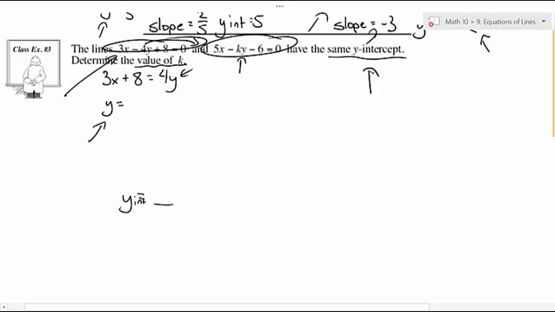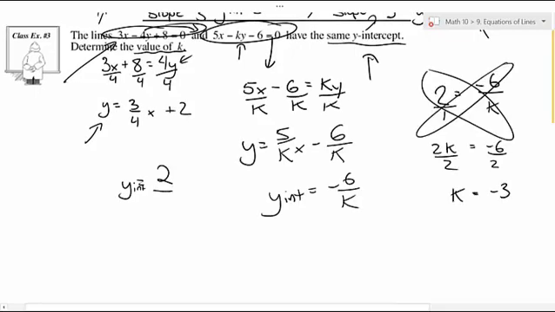Then you're going to take this equation, and you're going to also put this in the form of y equals mx plus b, but you're going to have a k in it, and then you'll be able to find out what k equals. Why don't you give that a go right now? Press pause. We're back, and the first thing that you needed to do was to divide everything by 4